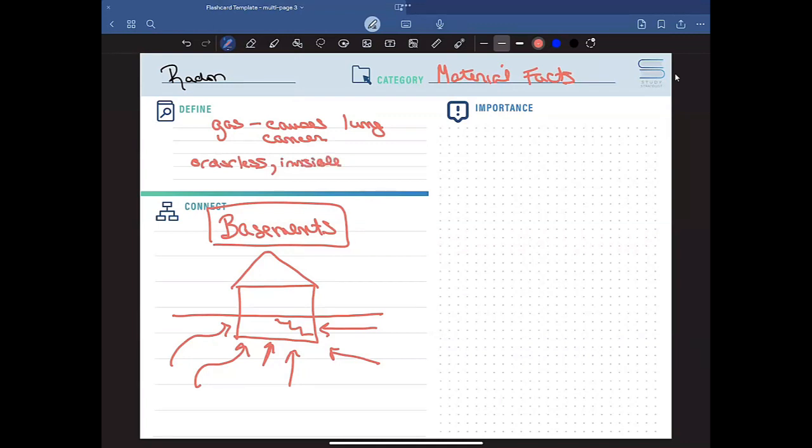You can't see it, you can't smell it. You don't know it's there. And so you're breathing in all this radon, and radon at one point was the second leading cause of lung cancer in the United States. I read that somewhere and it always stuck with me because I grew up in a house with a basement. So if you have a basement and you don't air it out,